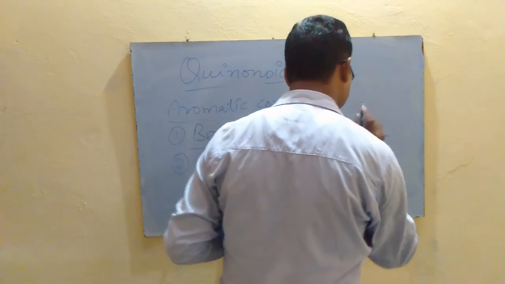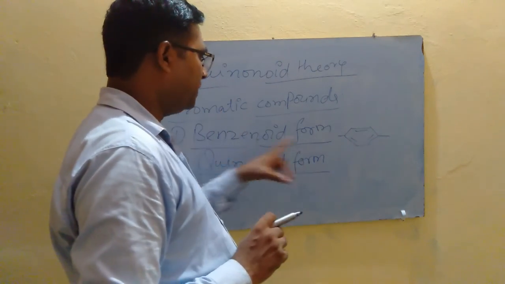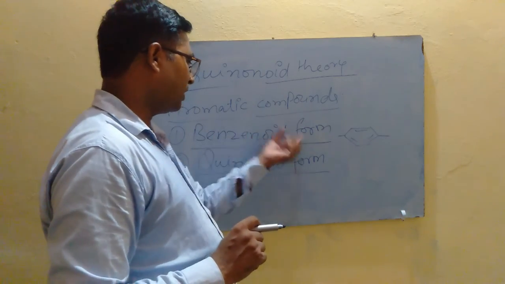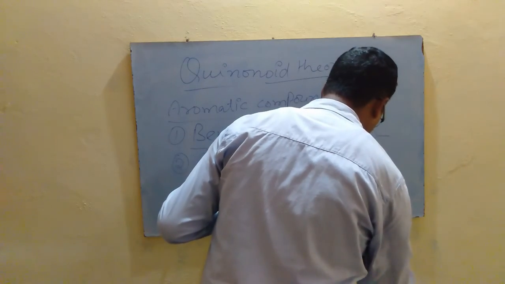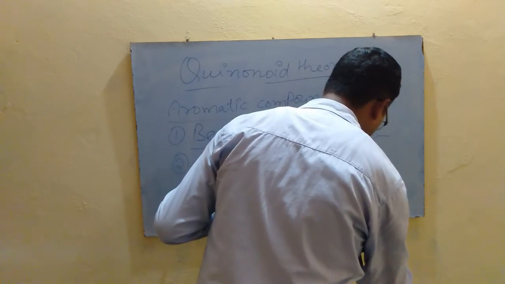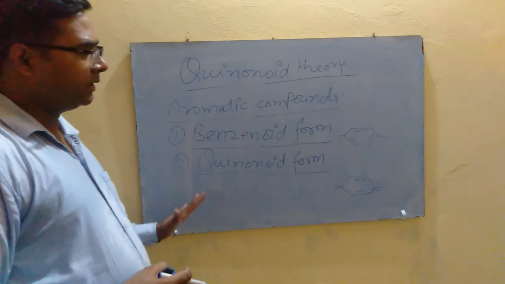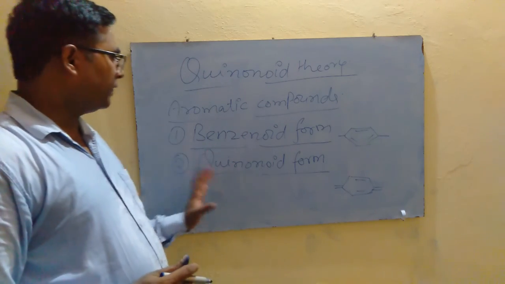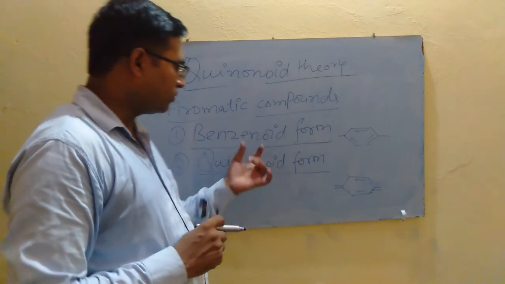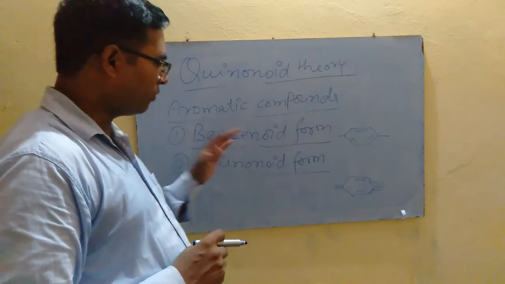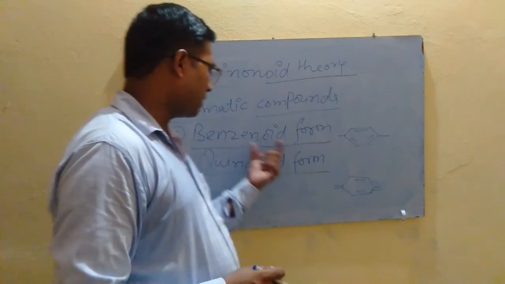So this is the benzene nucleus, and this ring form exists in the acid base indicator when they exist in benzenoid form, and when they exist in quinonoid form they contain a quinone ring in the structure. This is the quinone ring. The color of acid base indicator depends upon the interconversion of acid base indicator from their benzenoid form to quinonoid form. The color of benzenoid form is different, and the color of quinonoid form of indicator is different, though the color of quinonoid form is deeper as compared to the color of benzenoid form.